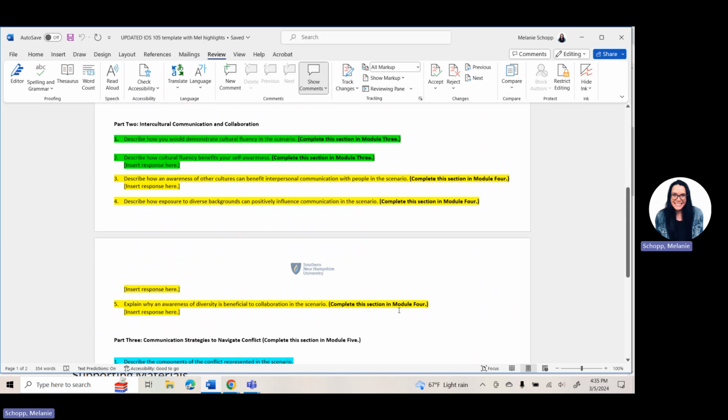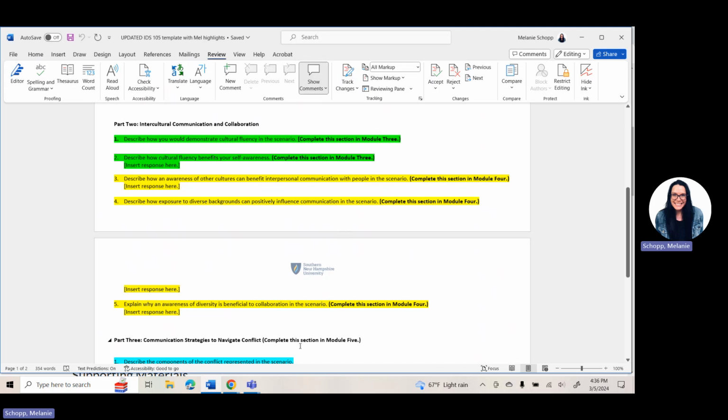So make sure you pay attention to what you are answering, and this highlighted section just shows you the difference between Module 3 and Module 4. You will also see in bold type font which ones you're supposed to be answering for this week's section. Remember, use examples, draw upon your own personal experiences and the concepts that we have been covering and learning about in our course to help you answer the questions for your project draft.